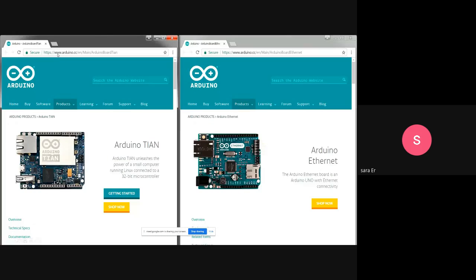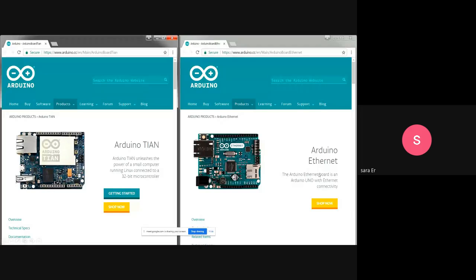This is the original website of Arduino, www.arduino.cc, and you can see different Arduino modules here. Arduino Tian, a very small 32-bit microcontroller.